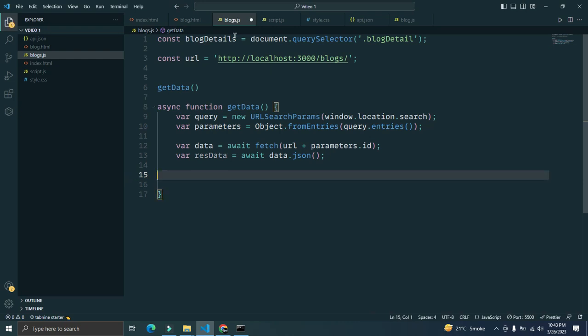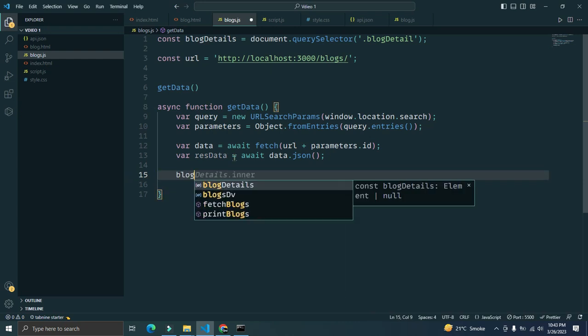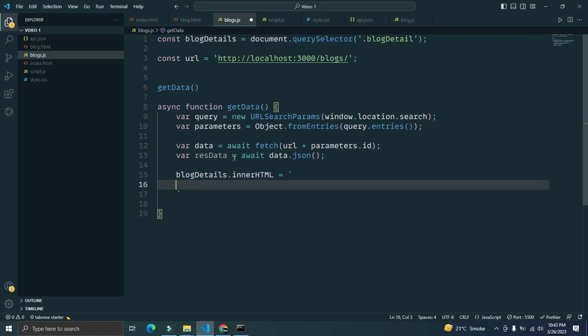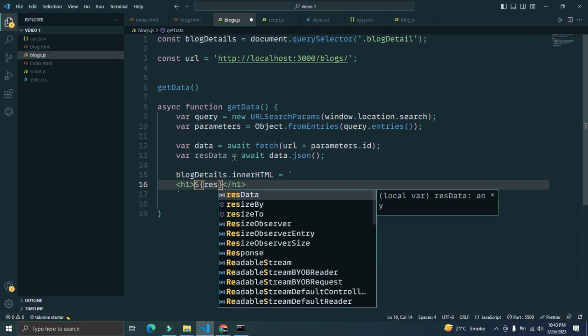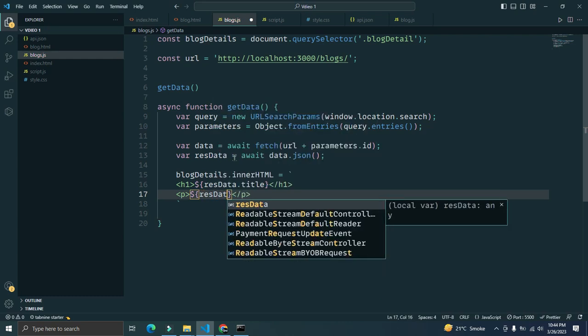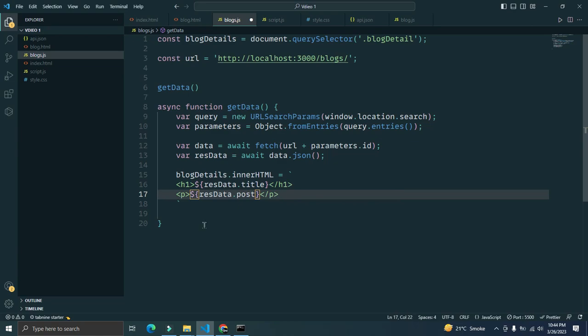We have gathered the same element here, and we have to log details dot inner html is equal to, using the ES6 syntax of backticks, and here we'll say h1, here we can use the same response data dot title, and here we have p, here we'll say response data dot post, or content, sorry, that is content. Okay,